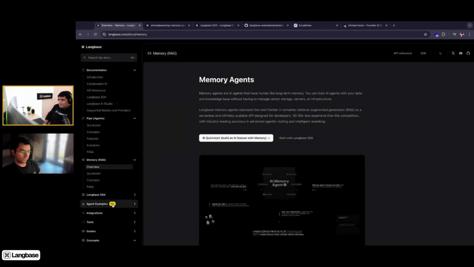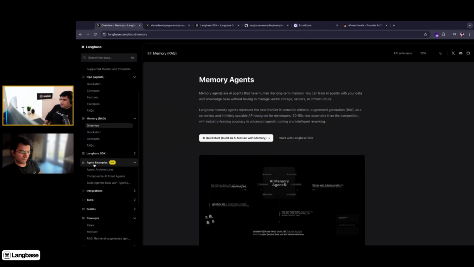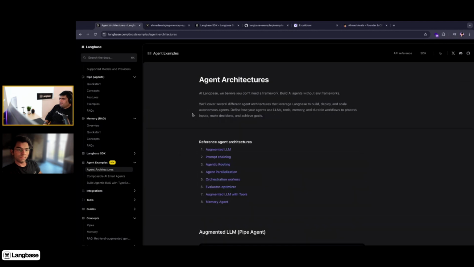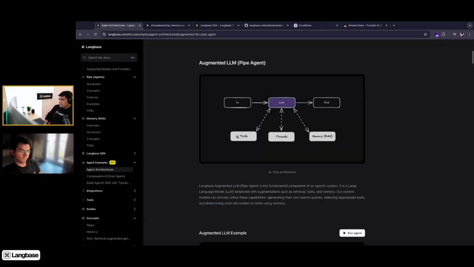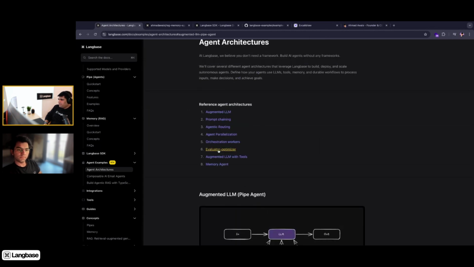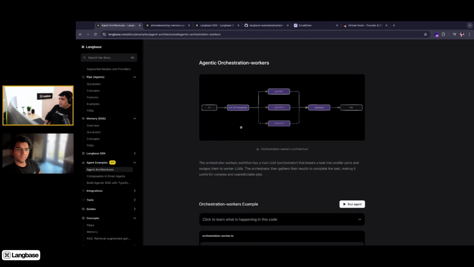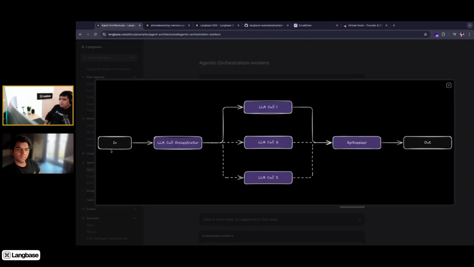Again, the last thing I'll mention, I completely forgot about this. If you go to our agent example sections in agent architectures, you will find about 8 different agentic architectures here that are most common in this space. You will see an augmented LLM, which is literally a pipe agent that has access to tools, threads, and memory. And my favorite is orchestrator worker, where you create an agent that, based on an input, decides to create n number of more agents, runs those agents,